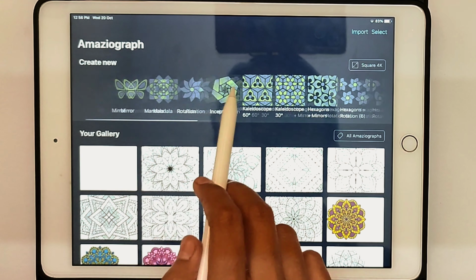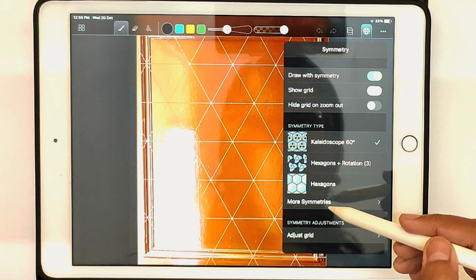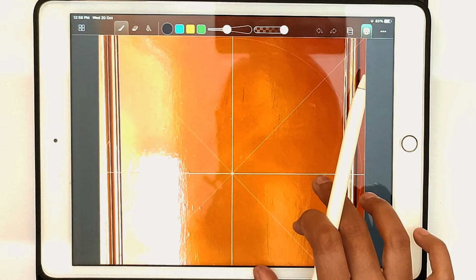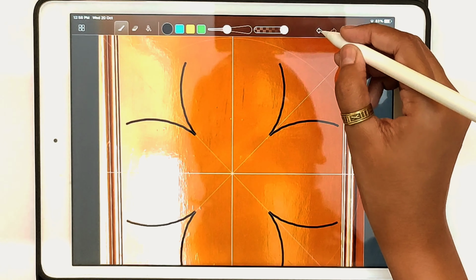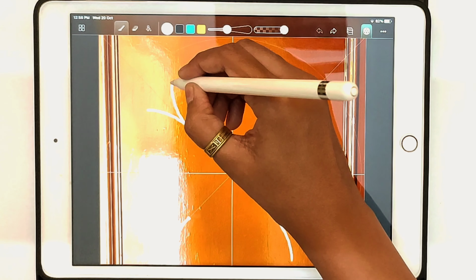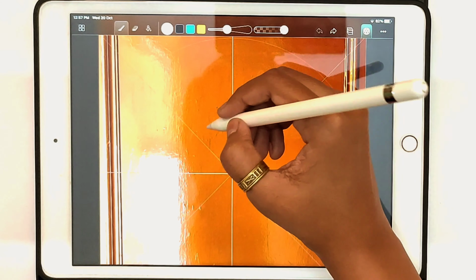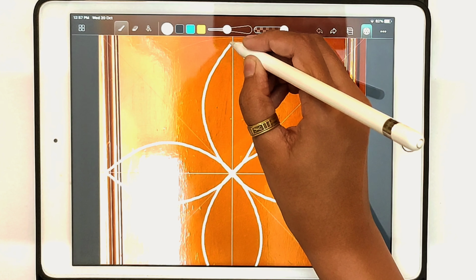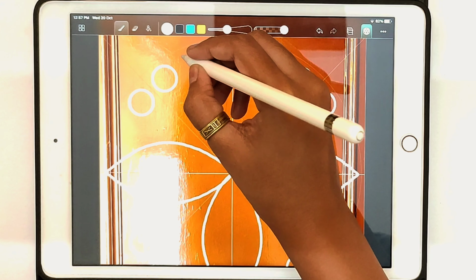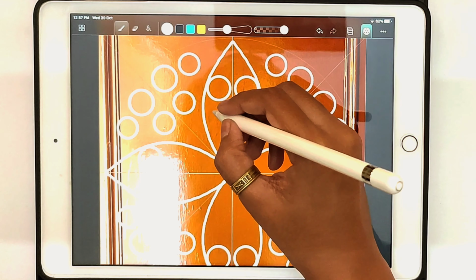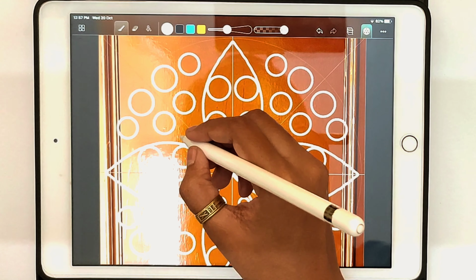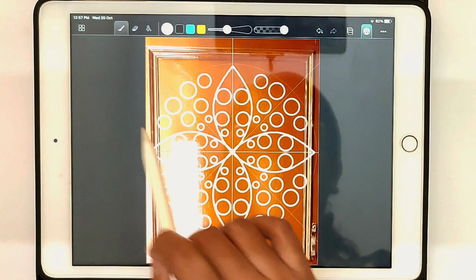Lastly, you can also draw on any of the images or pictures that you have. Just tap on the import option and select the picture you want to draw on. For example, before I drew a mural on the door of my room, I clicked a picture of it and tried a digital mandala over it. You can change the grid from here, adjust the grid and symmetry options and draw your design. Change the color, brush size from here or just fill in with your desired color using this paint bucket item. So in this way you can also draw any doodles or Zentangles or patterns or mandalas on any of the images that you desire to.